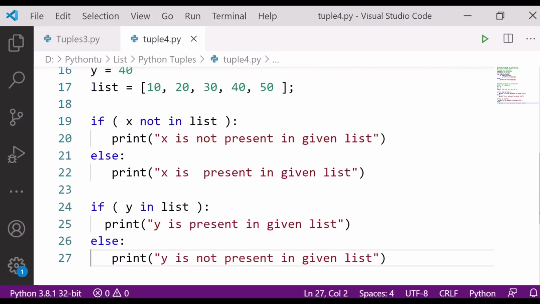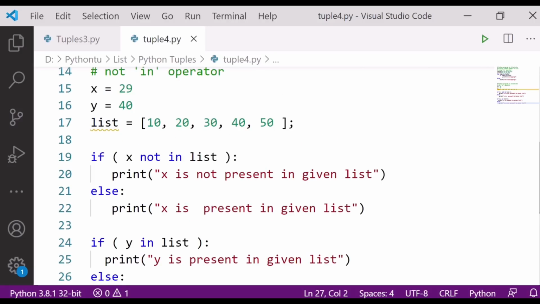What I am trying to find is, if x not in the list, you have to print that x is not present in the given list. What is x? That is 29. You have to check whether this number is present in this list or not. Otherwise, if it is there, you say x is present in the given list.